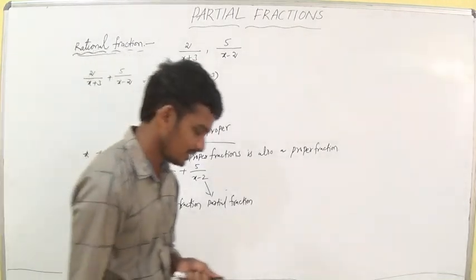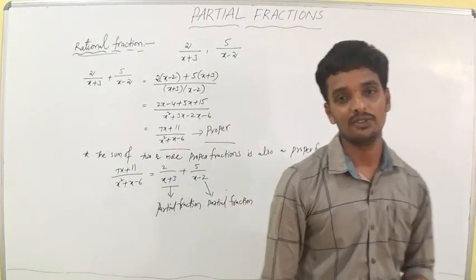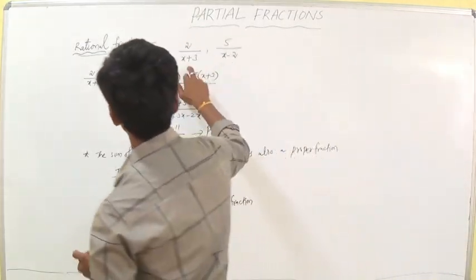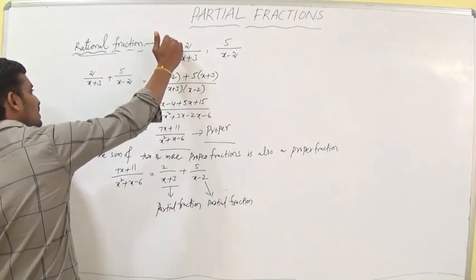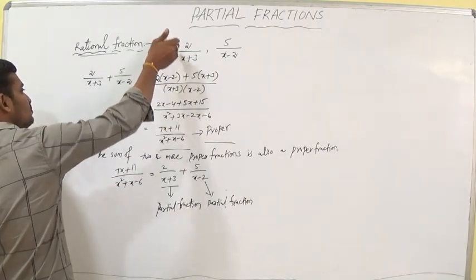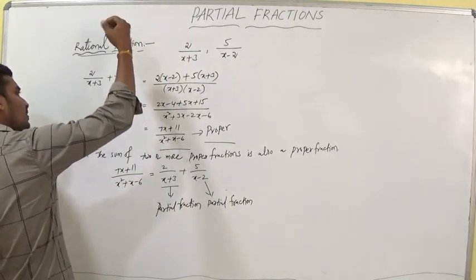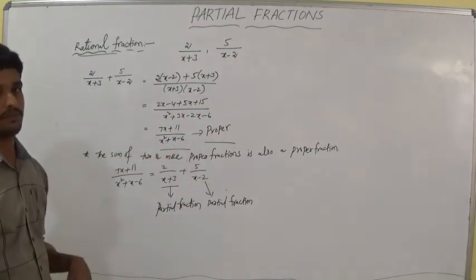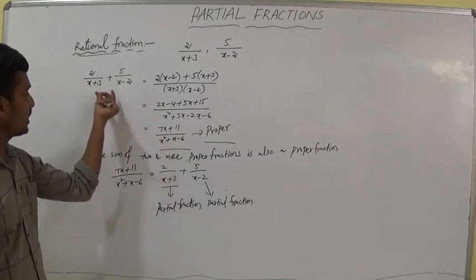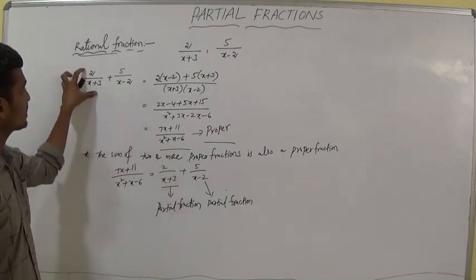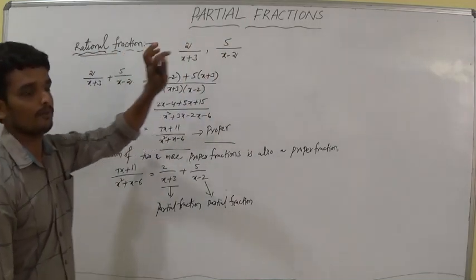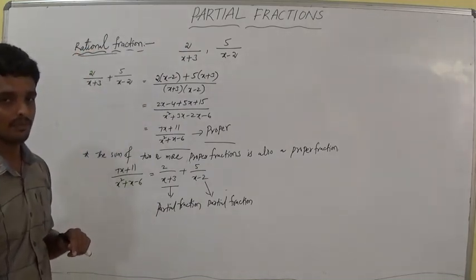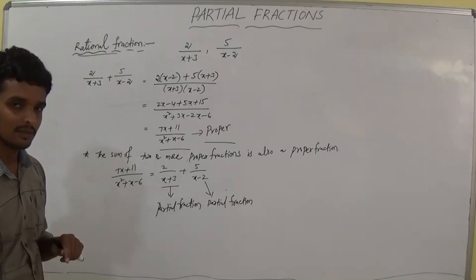So did you understand? So this is the way. If you write any two proper fractions, not only these, if you take x by x square, x cube, x to the power of 5, x to the power of 10, whatever you take, the final answer should be a proper fraction. So we are taking two proper fractions. Each fraction is called a partial fraction. Do you understand?